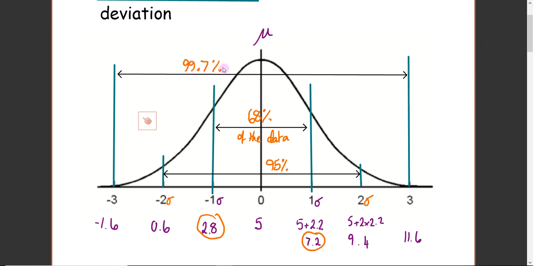99.7%. So almost all of it. That might be the odd one mark, you know, one person. So out of 100 records, less than 1 would be outside of that. So pretty much all of our data, if things are normal, as they should be, there's nothing affecting it in any way, no outside interference.